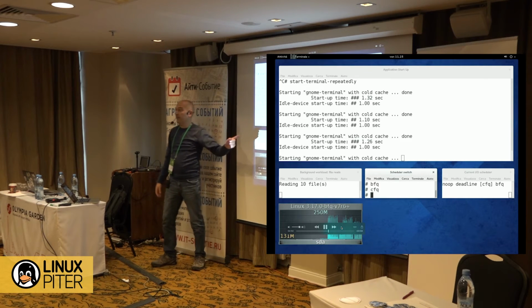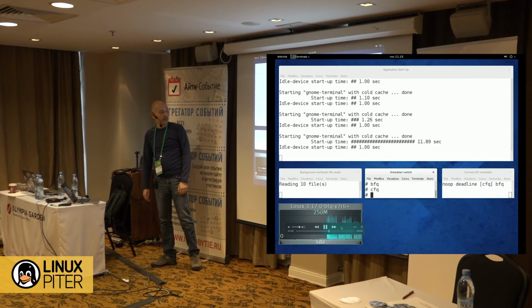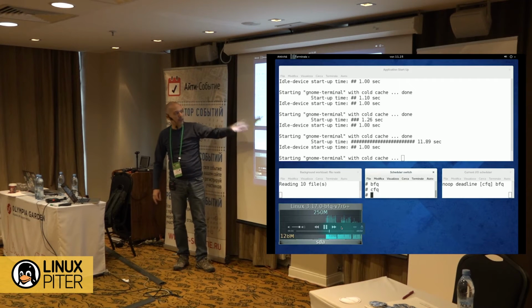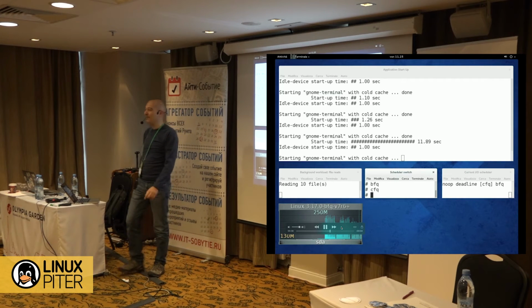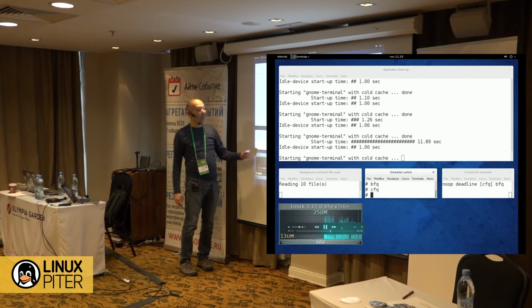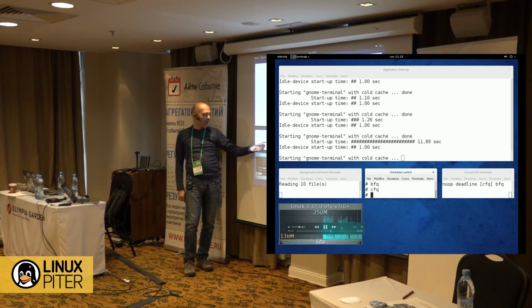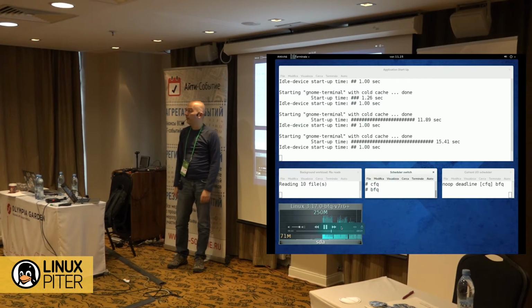And CFQ is the best one among those schedulers there. This has even been a lucky run because usually it takes even more than that. So while we wait for CFQ, I have all the time to tell you what's next. Next is the playback of a movie. Let's see what happens if we play back a movie while there is this sort of huge background workload.